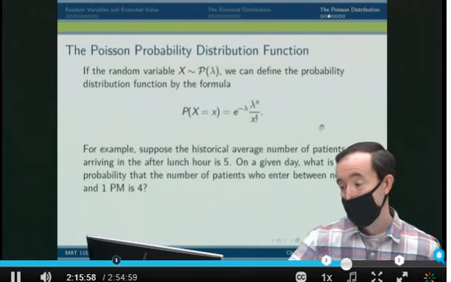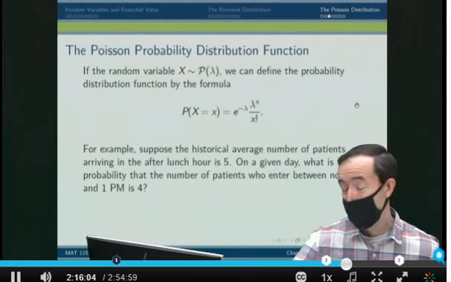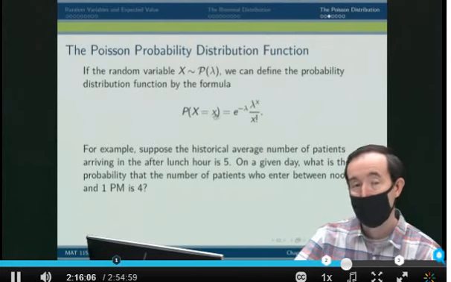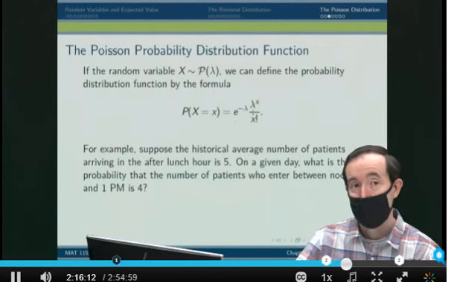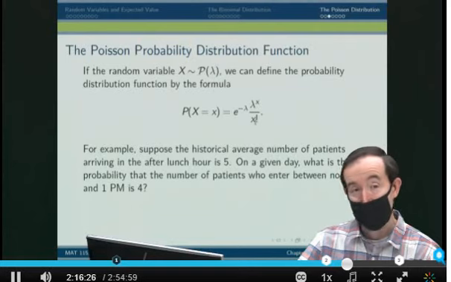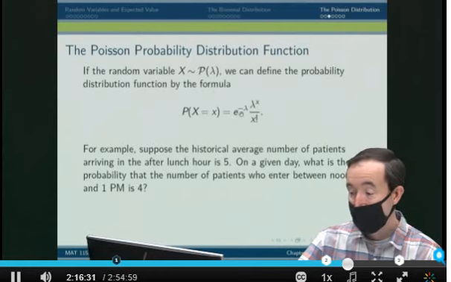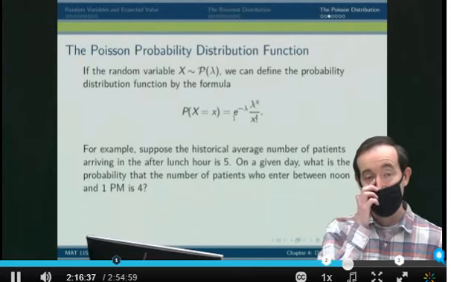So for a Poisson distributed random variable, if the parameter is lambda, the probability that I see a specific value little x here is given by e to the minus lambda times lambda to the x over x factorial. Now that's a lot of different math functions all in one. I have an exponential here, whatever my average number expected is, I'm raising it to the number I'm looking to see. X factorial is that same factorial we saw in the binomial formula a few minutes ago. And this e to the minus lambda, if you've seen this e before, great, hopefully you recognize it. If you haven't, it's a specific constant in mathematics.